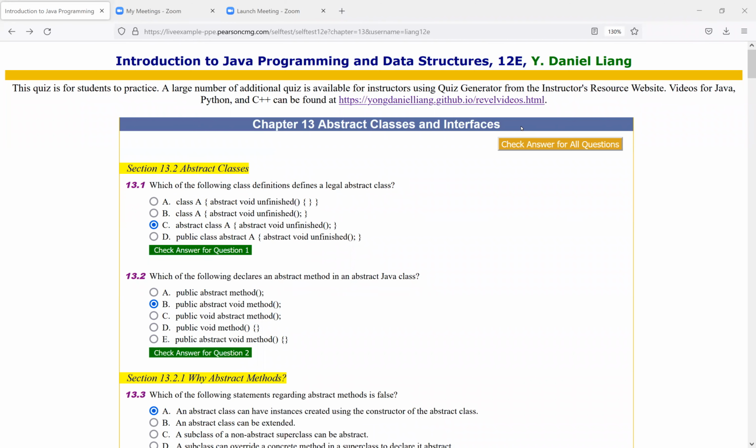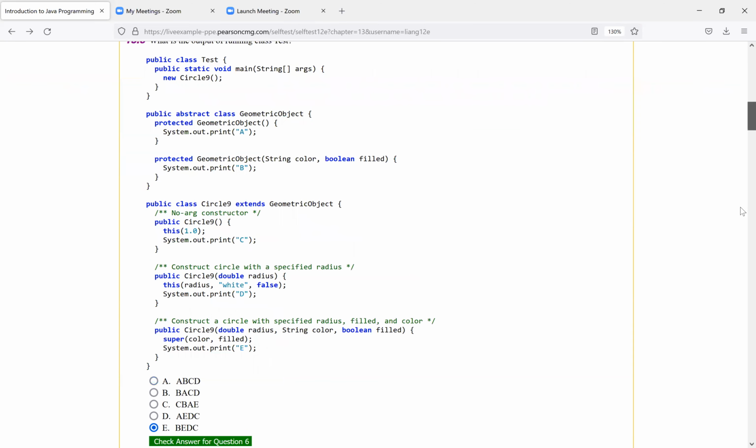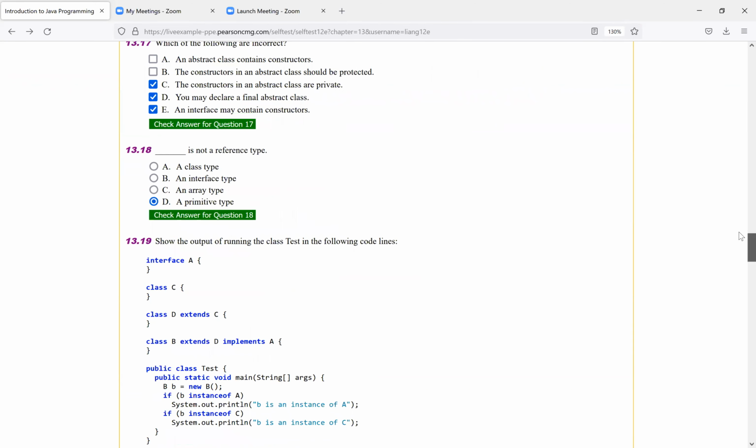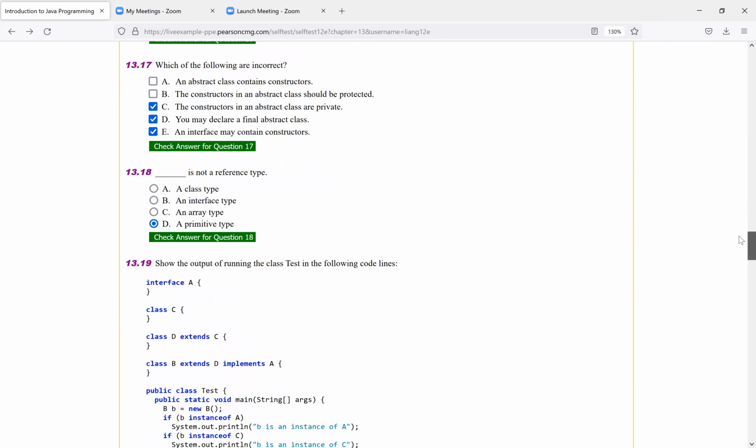Hello, welcome back. We will continue to look at the multiple choice questions for chapter 13 of the Java book. We're going to resume from